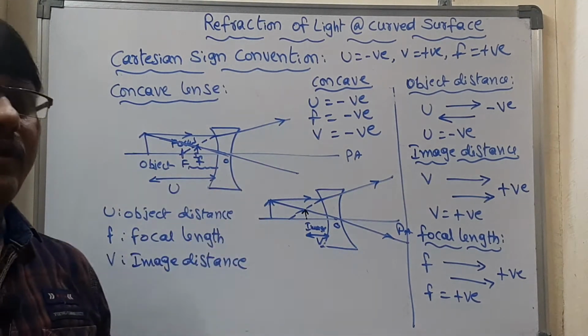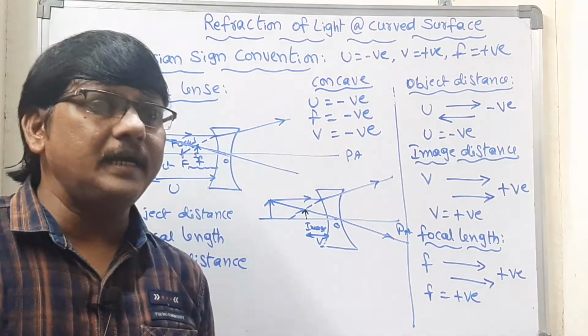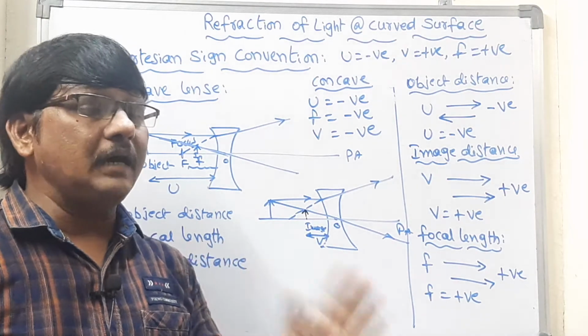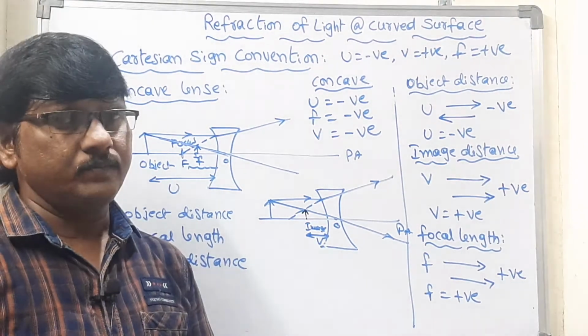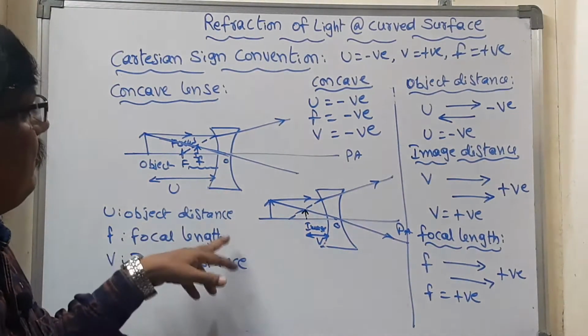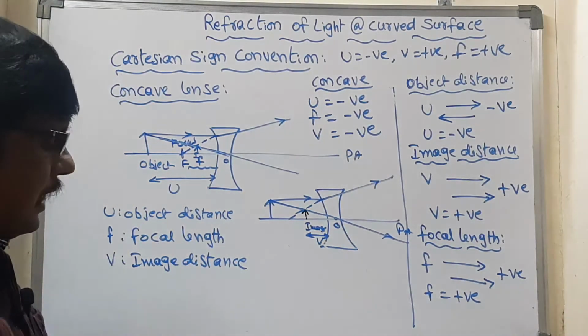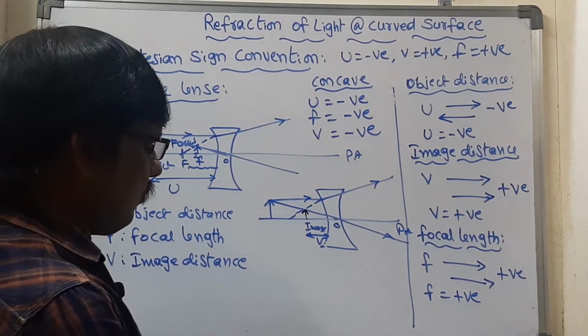This is for the case where we assume that a lens is very thin, having only object distance and image distance. In such a case, what formula will we use? We will use the lens formula. Okay, no? With the lens formula, these all things. Ultimately, now let us take a convex lens.